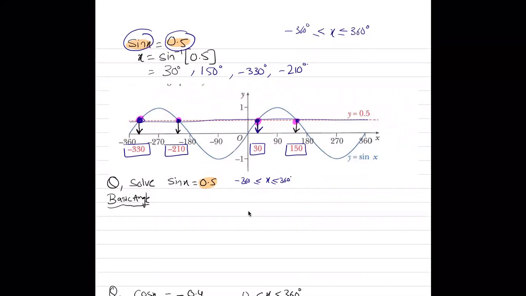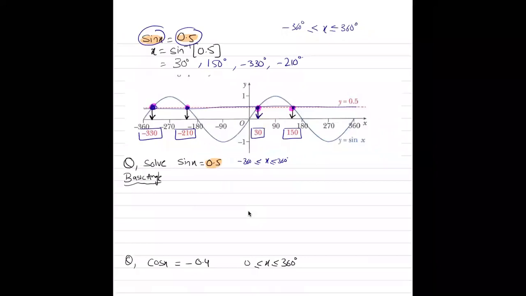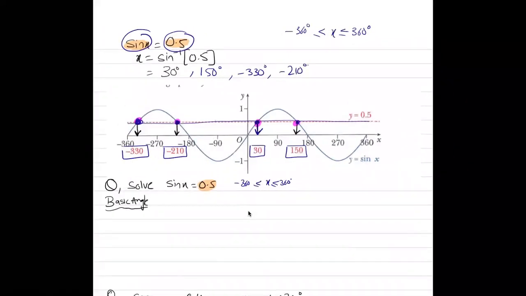Now, if I asked you to solve this equation, I don't expect you to draw the graph. We are going to solve this using the technique of the basic angle. Do you remember the concept of the basic angle? So if sin x is equal to positive 0.5, in which quadrants is sin x positive? First and the second. This is the basic angle. To take out the basic angle, it is just sine inverse of 0.5, that is 30 degrees on my calculator. So this value is going to be 30 and this value is going to be 30.